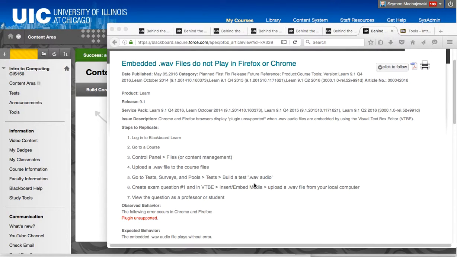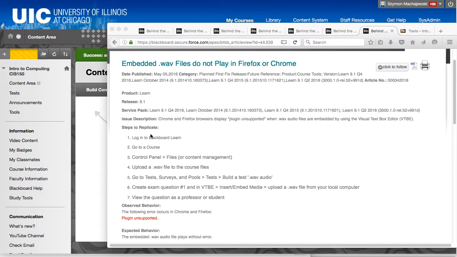Now we see plugins playing a large role today, especially as the Java plugin is being retired and Flash is often not fully supported on platforms. So plugins do warrant our consideration when creating courses. Let me show you first what the problem is, and then I'll show you a couple of workarounds to this